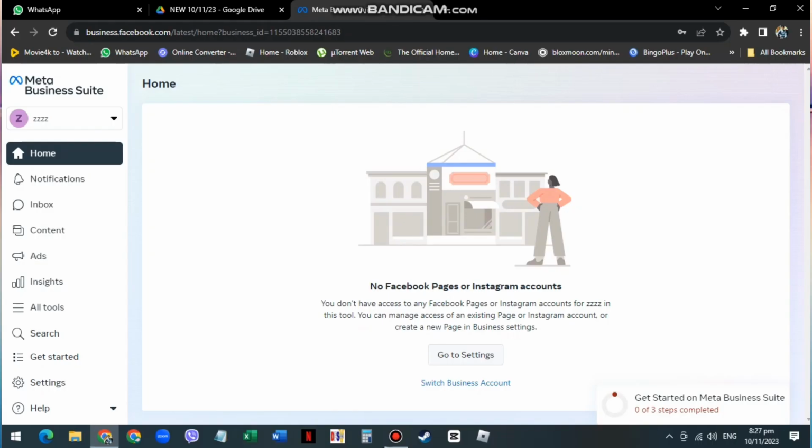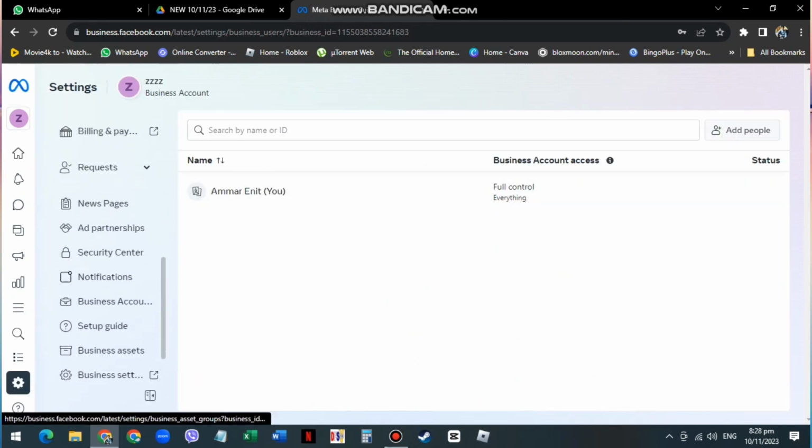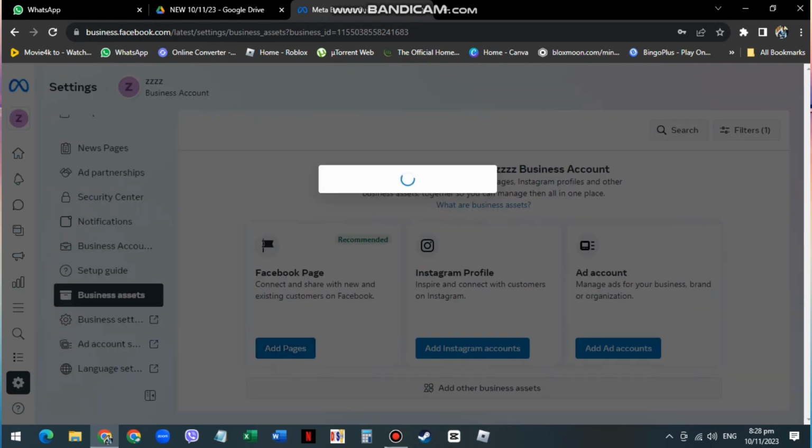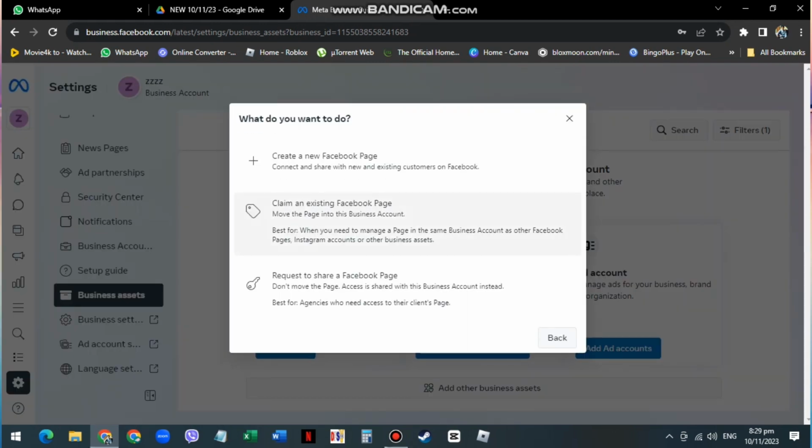So let's get started. First, you have to go to business.facebook.com and make sure that you're connected with the correct account, and then scroll down till you see the business assets. From here, click add pages under Facebook page, and you can add whichever option here, which is create a new Facebook page, claim an existing Facebook page, or request to share a Facebook page, but I'm just going to click